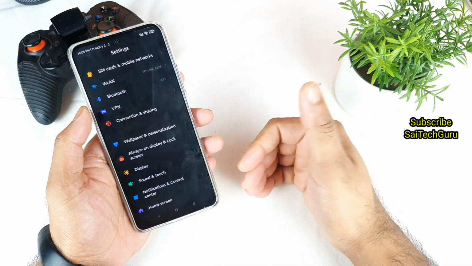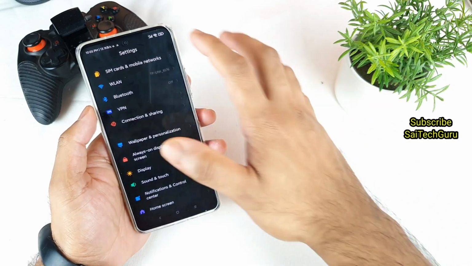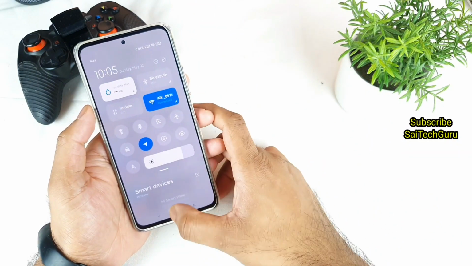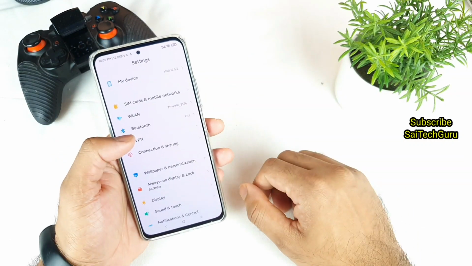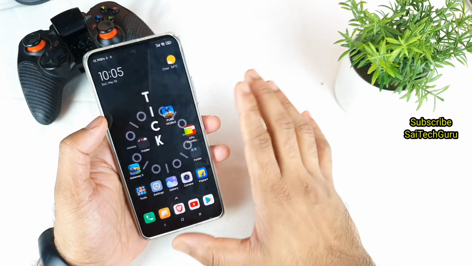If it works, make sure to comment below, friends. Definitely that will be very helpful for a lot of other users as well, so they can try using a low refresh rate. But that should not have to be the case in a smartphone of this kind of premium range, not a budget mobile phone. So that's it, friends. This is a quick review and update on this green tint problem.